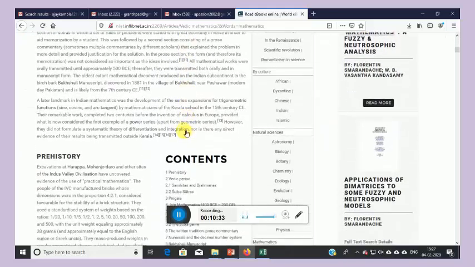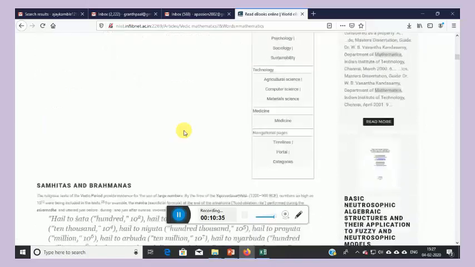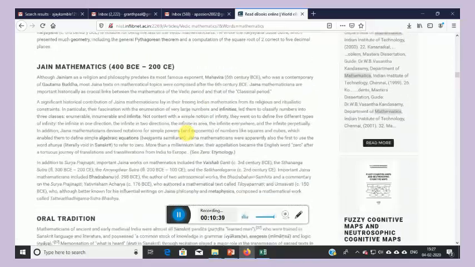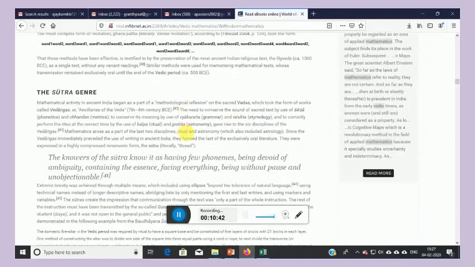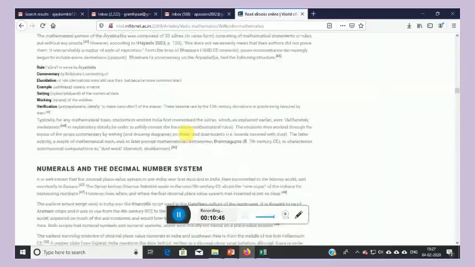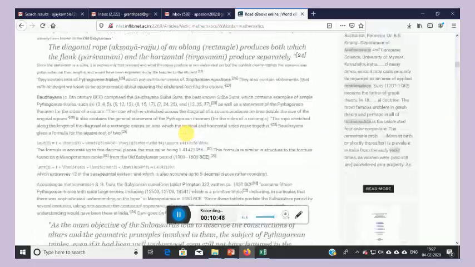These are the details. This is the full text book which we can read here in digital form.